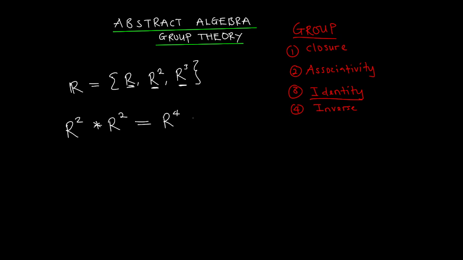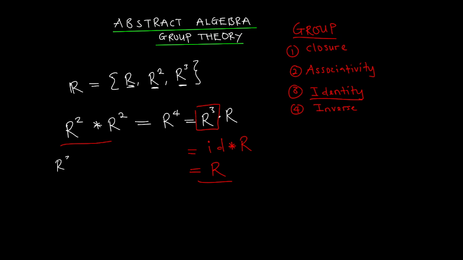This is R4. R4 is the same as R to the third multiplied times R, isn't it? But remember, we said R3 is the identity element. So that is the identity element composed with R. Remember, when you do the identity element composed with R, what do you have? You would still have R. So that means R is also in the set. You can prove this by doing